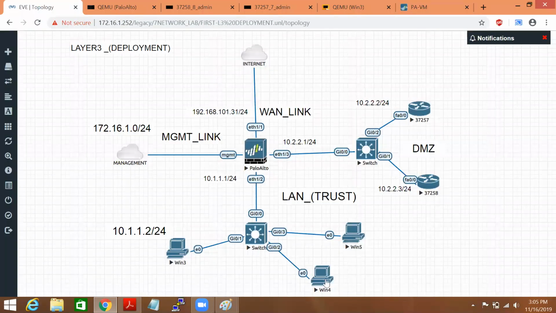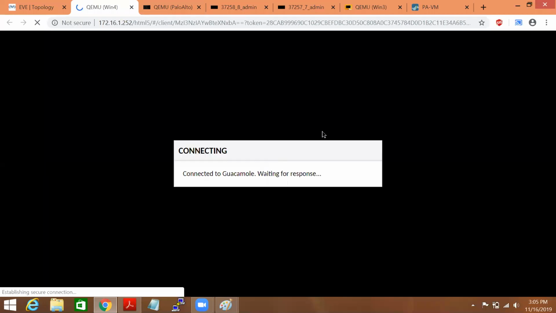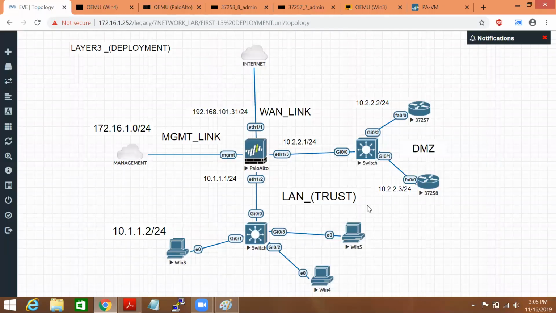And now I'll come to Windows 4 and try to use the machine which has the 10.1.1.3 IP address. Again, to use this machine, Windows 4, 5.